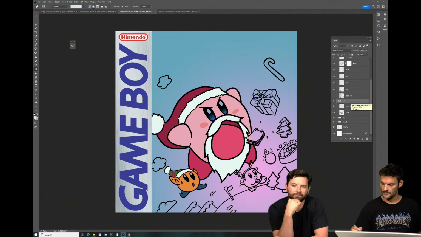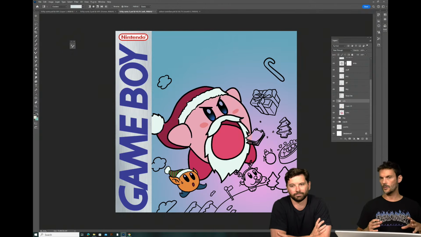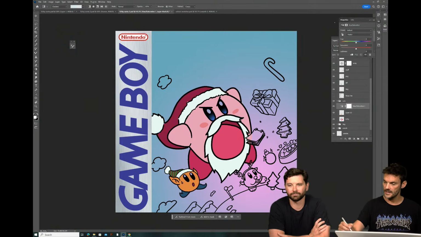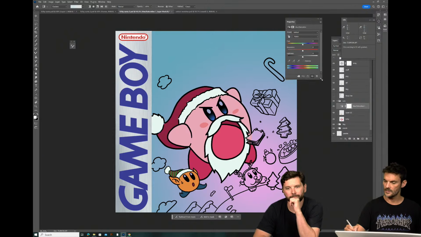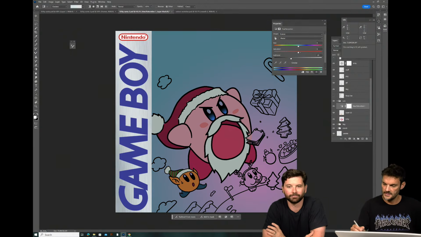All right. And there's a million different ways of doing shading and lighting when you're doing this. The way that I like to work is a non-destructive way, where I will go in on the group where all of my layers are and do what's called an adjustment layer. Yeah. And the adjustment layer is going to look exactly like what you saw with my hue saturation. So I'm going to go down here to this little half-cut circle and go to hue saturation, which brings up a very similar menu to what you saw me doing before with my hue sat slider. Right? It's exactly the same menu, but I'm going to go in and drop that lightness,